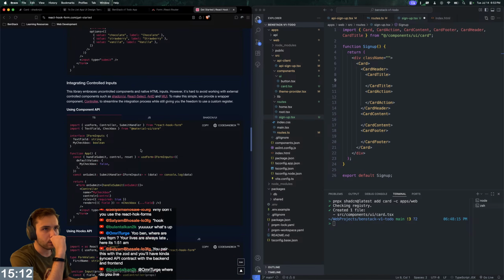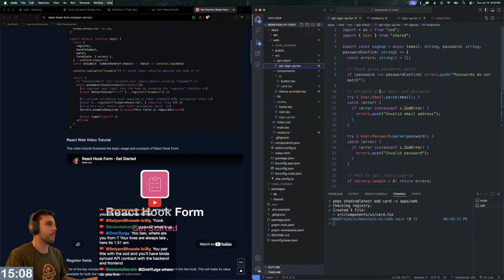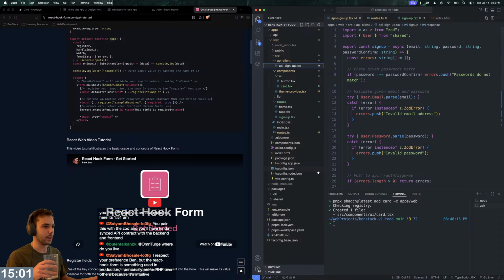Yeah, the other thing I was doing is I kind of have that API client that I mentioned earlier on the stream, but I included this in the web app just because it's easier and, I don't know, I was having weird linking issues. But I do the validation inside of this kind of,